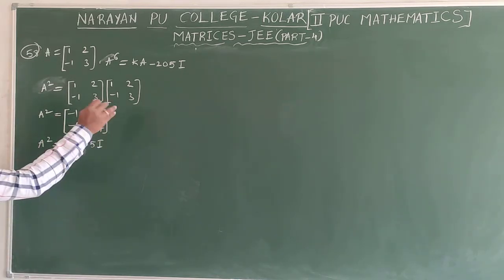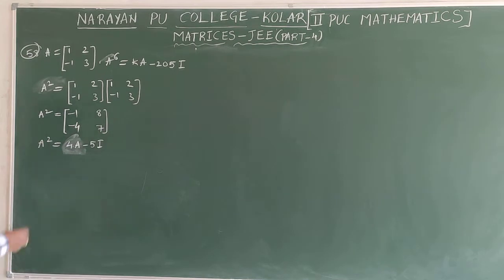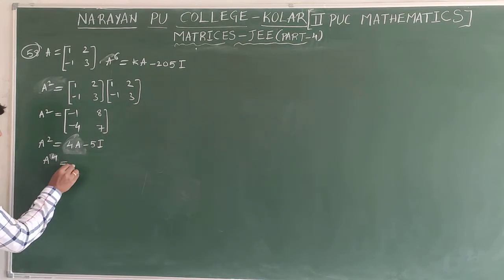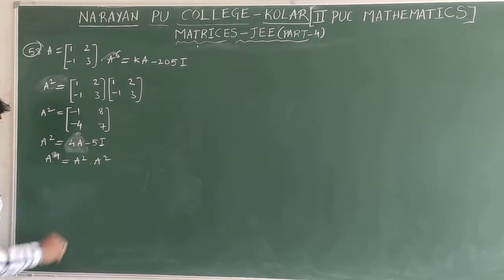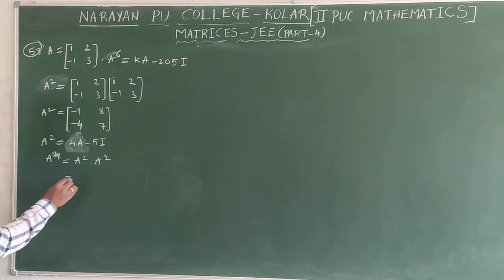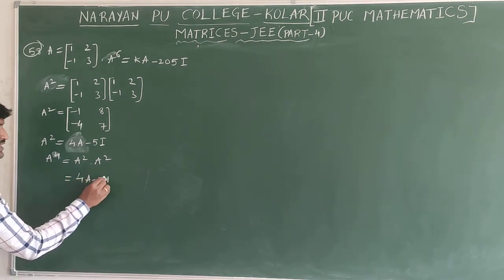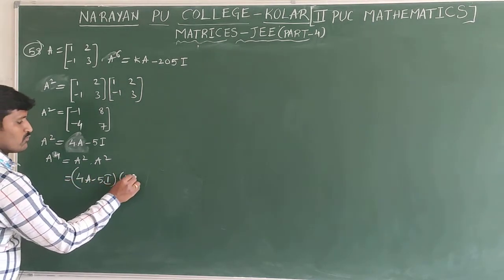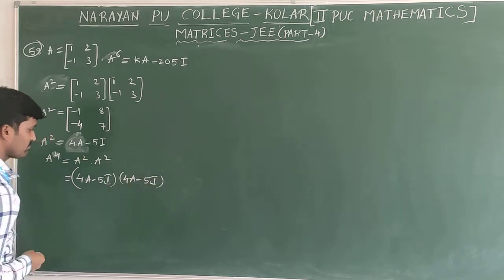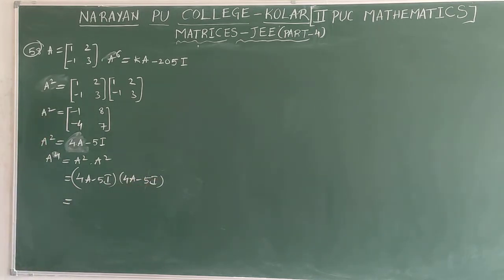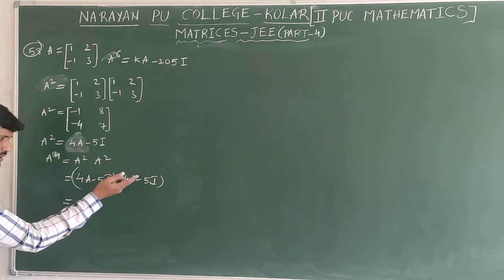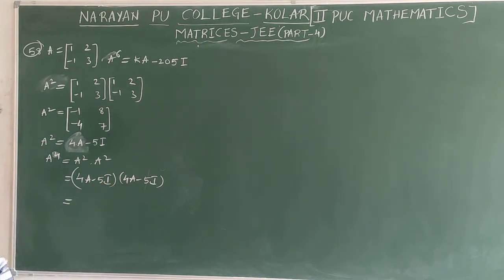Now from here we can do it easily, condition wise. Next, I will take here one more square, A power 4. Directly you can take A power 4, which means A square into A square I can take. Now what? (4A minus 5I) into (4A minus 5I). Now multiply these two. What will you get? 4A, like directly you can take the whole square also, no issue in this.